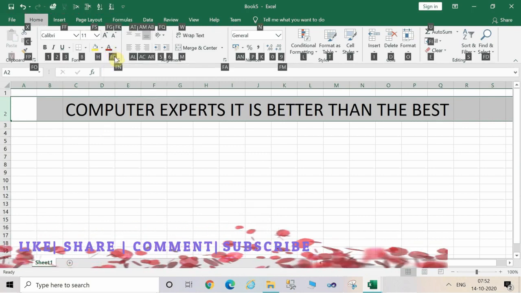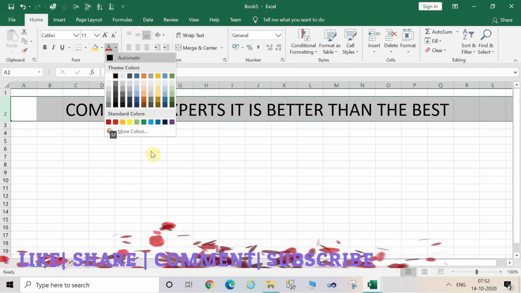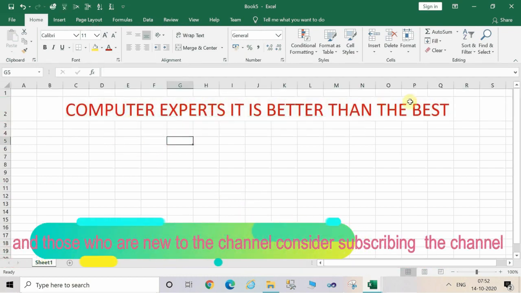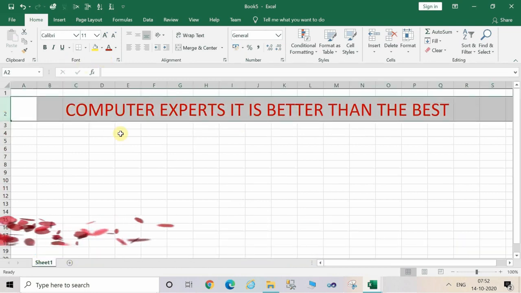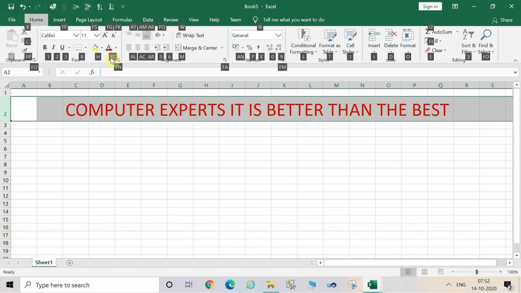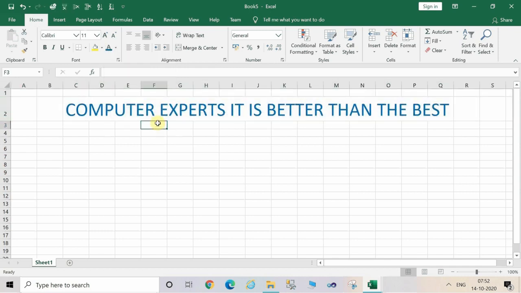Right, to change the color, the key is FC. Press FC from the keyboard, and now select the desired color which you want. Like here, I've done it red. And now you can take any other color which you wish. Again, repeat the same keystrokes, which is H, FC. Alright, and now change the color to blue.